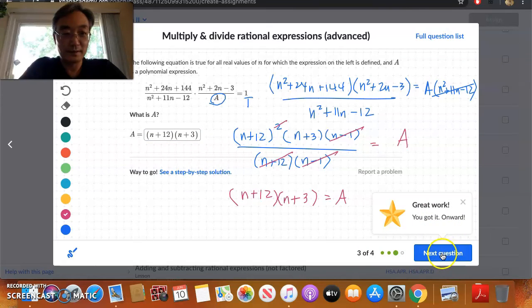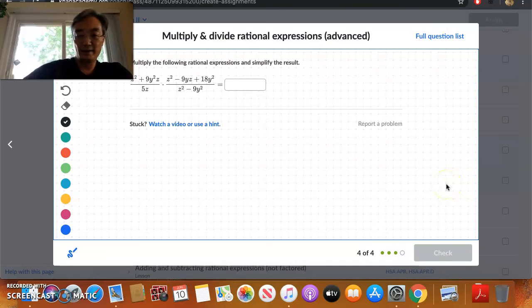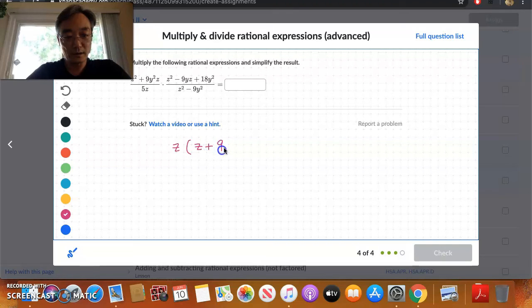Okay. All right. Chugging right along. And let's do one more. Okay. Here we have multiply the following and simplify the result. No problem. It's already a multiplication. So let's do it. Again, we're going to take out all of the GCFs first, right? Remember? So let's do it. We're going to have z. We can take out one z. That's going to leave us with z plus 9y squared. Okay? All over 5z